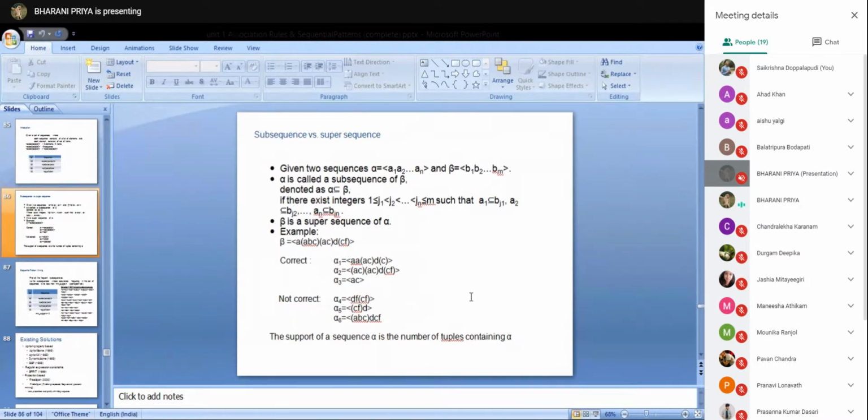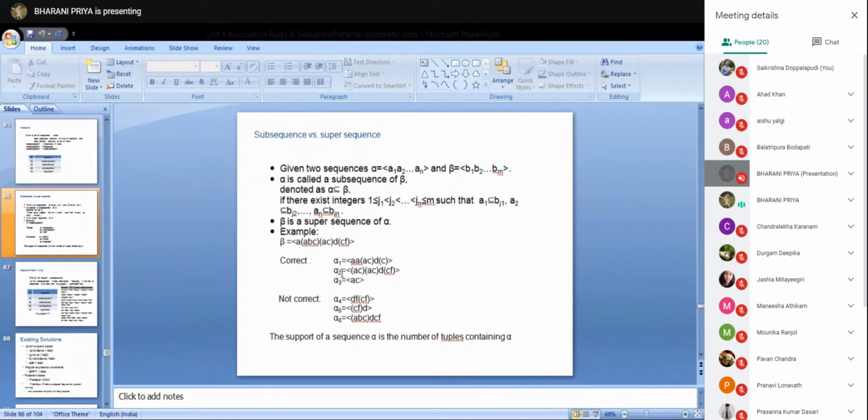Subsequence and supersequence. There are two sequences, alpha and beta, and alpha is called a subsequence of beta if there exist some integers between 1 and m such that the items in alpha are a subset of or equal to items in beta. And beta is called the supersequence. For example, see, this is beta, which consists of elements,